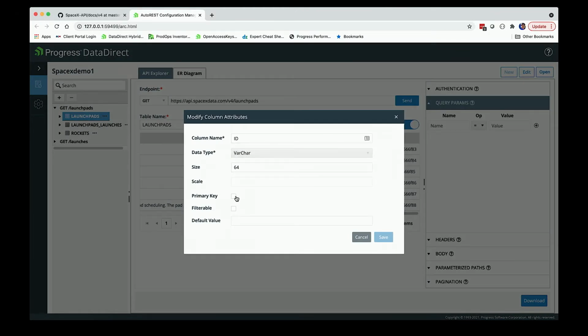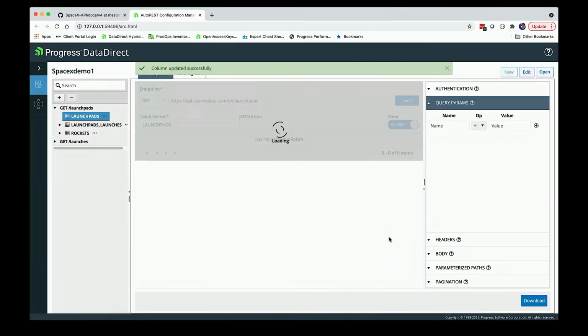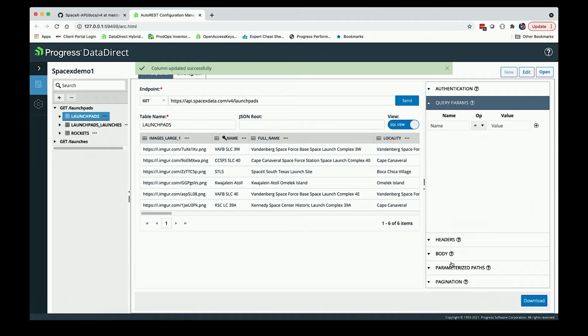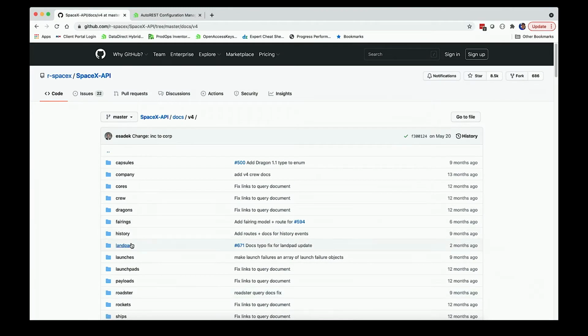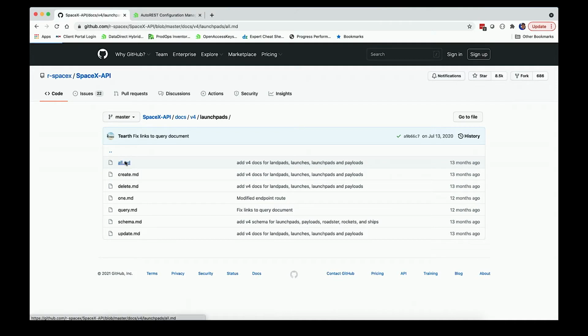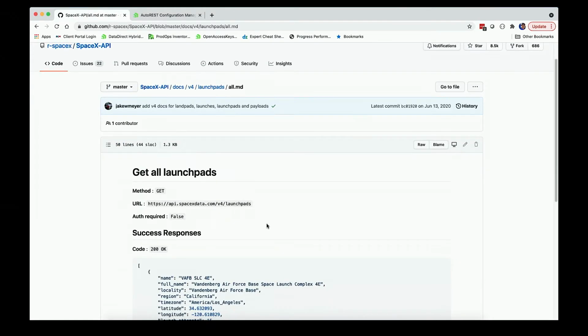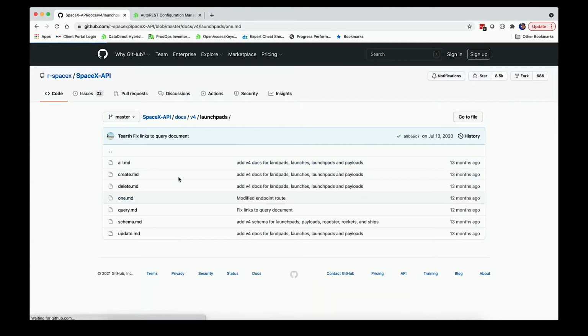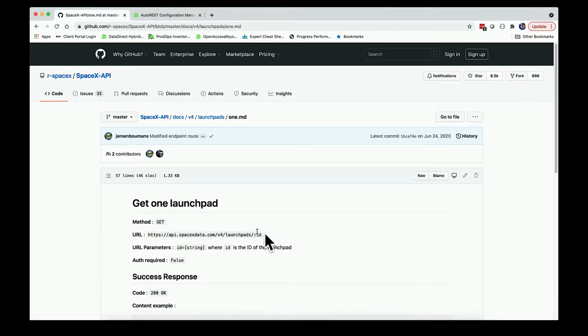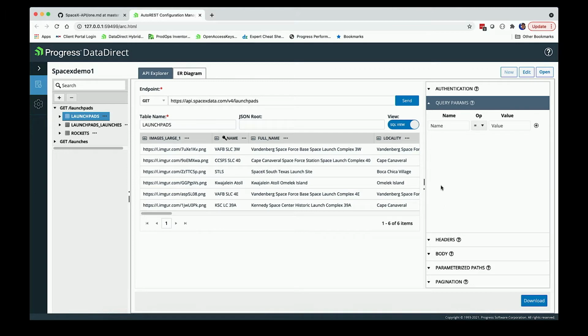So I might decide, ID is actually a primary key and potentially a filter parameter. So I can go ahead and save that information. And if I wanted to, this particular endpoint, if we look at it, you can see I can grab all of the launchpads, just with a simple get. But if I wanted to, I could also specify a single one by passing an ID parameter of a specific launchpad. So I can tell ARC, or the Autonomous REST Connector,